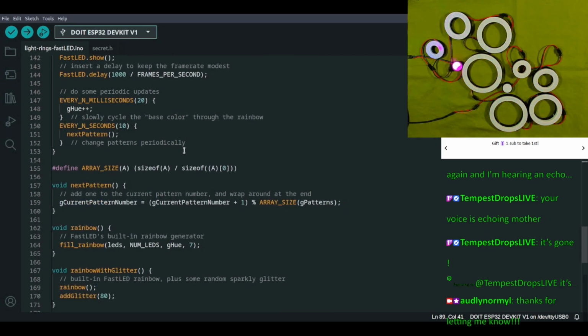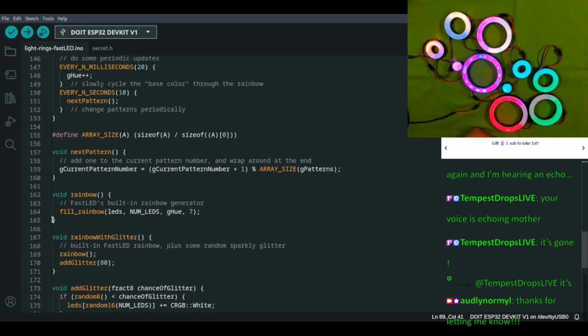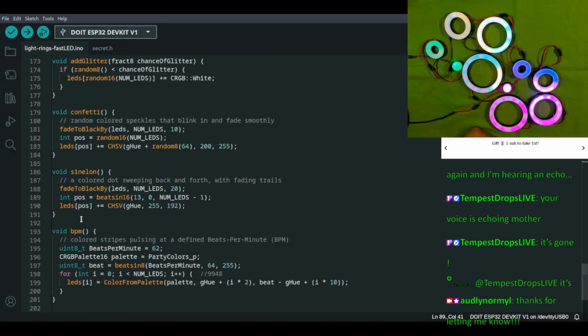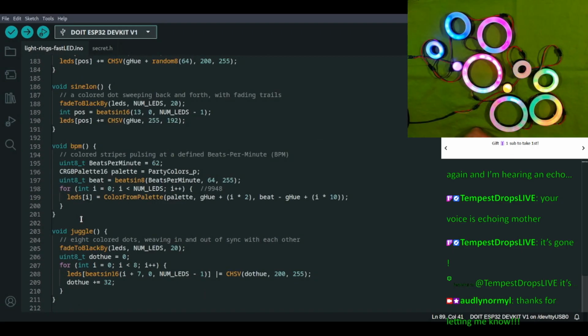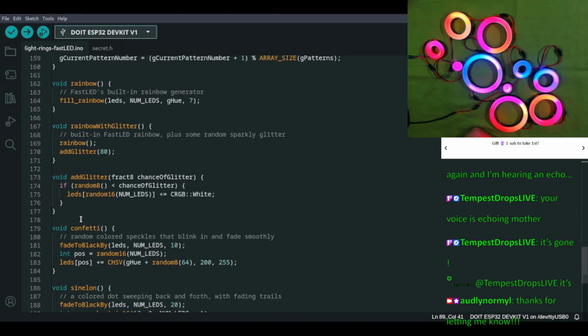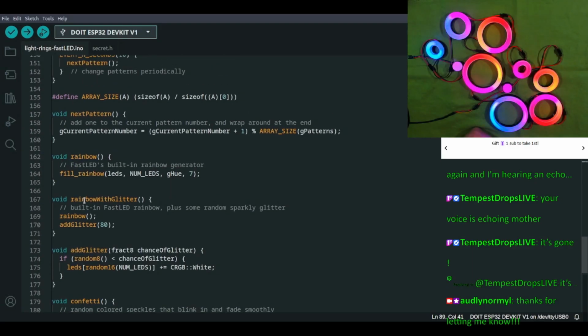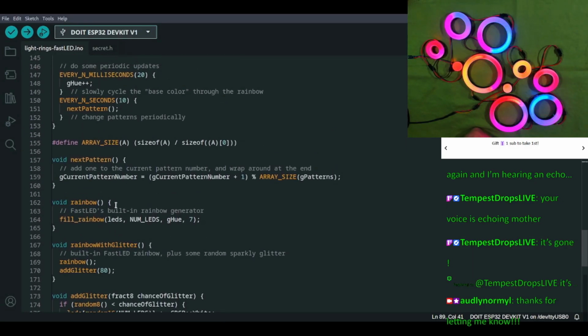Probably whatever's most comfortable. We're just having on most of the time. Like the rainbow, maybe? Or just an aqua color, just a base color.